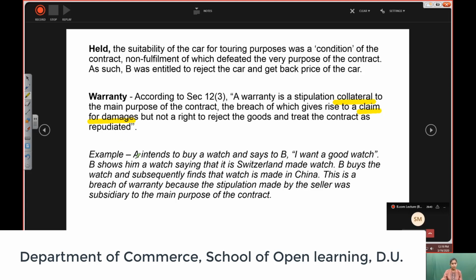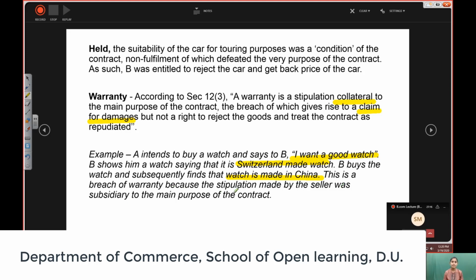For example, let's again go to the watch dealer example. A intends to buy a watch and says to B, I want a good watch. So here the condition is that I want a good watch. B shows him a watch saying that it is Switzerland made watch. A buys the watch and subsequently finds that the watch is made in China. This is a breach of warranty because the stipulation made by the seller was subsidiary to the main purpose of